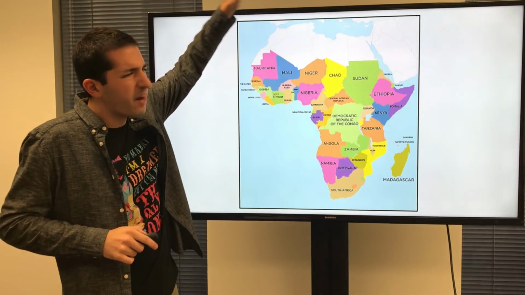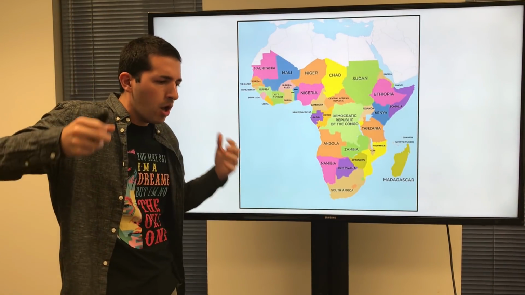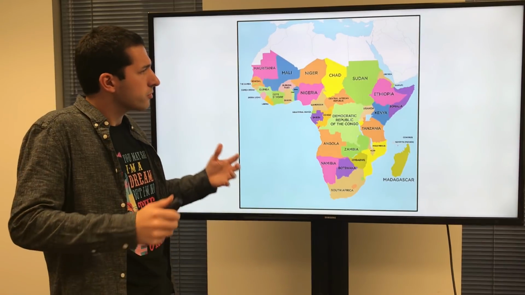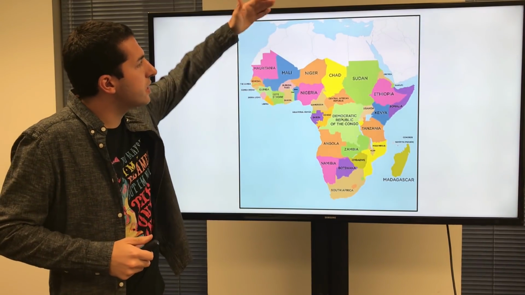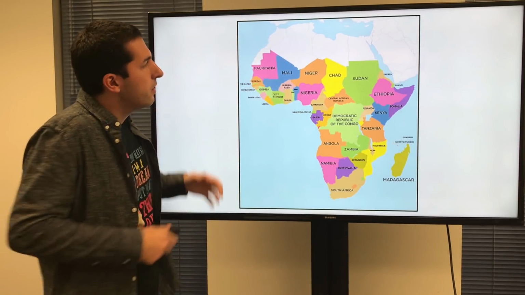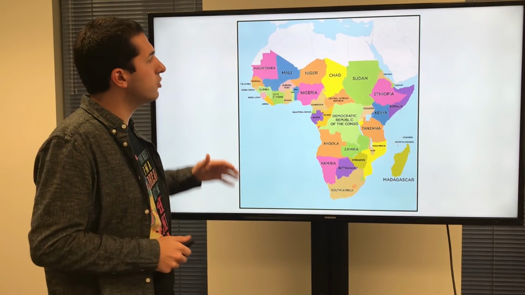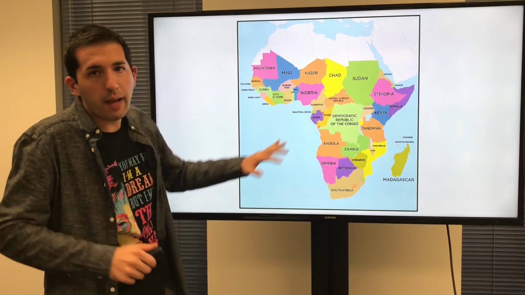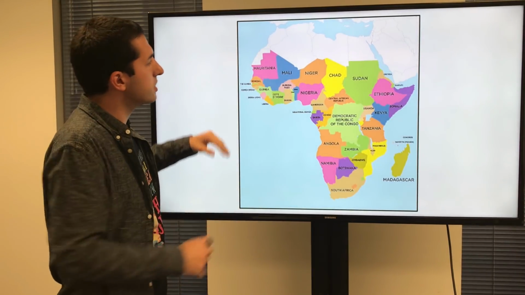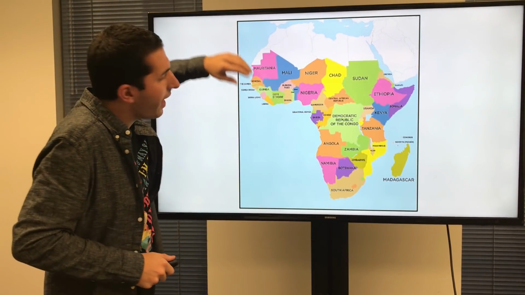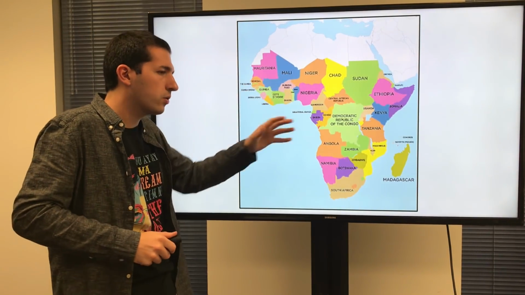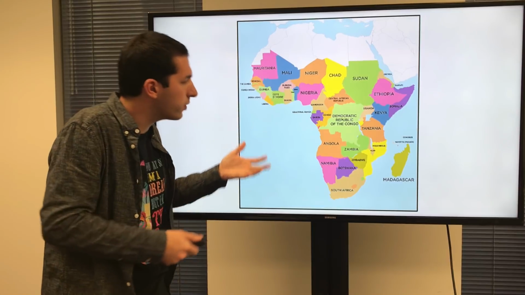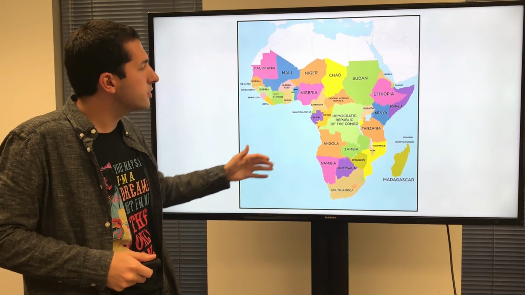We already talked about North Africa. We know that this is a predominantly Muslim, or Islamic, region. A lot of Muslim folks. We know that this area is relatively dry. We talked about that, so we're not going to get too bogged down with it. This is a political map, so we won't be talking about the physical geography just yet, but you can see here a lot more countries. We'll talk about their origins and how they interact with each other. But a lot of ground to cover.